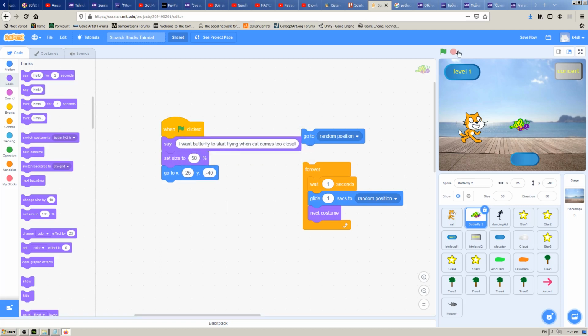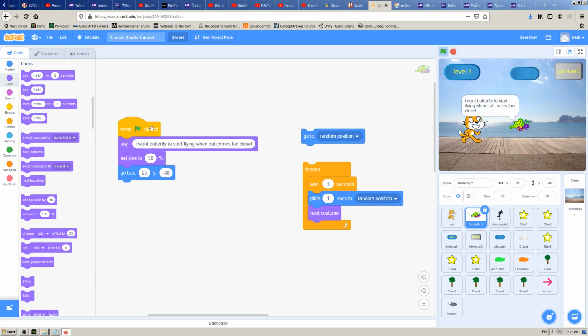Okay. This is the problem I have here. This is my idea and I want to solve it. I want to make it. So I want the butterfly to start flying when cat comes too close. This "too close" means nothing to Scratch. That is what we humans use when we talk, and we can understand that more or less well, but Scratch doesn't understand it. Scratch is a programming language, so we have to be more and more precise. So instead of "I want the butterfly to start flying when cat comes too close,"